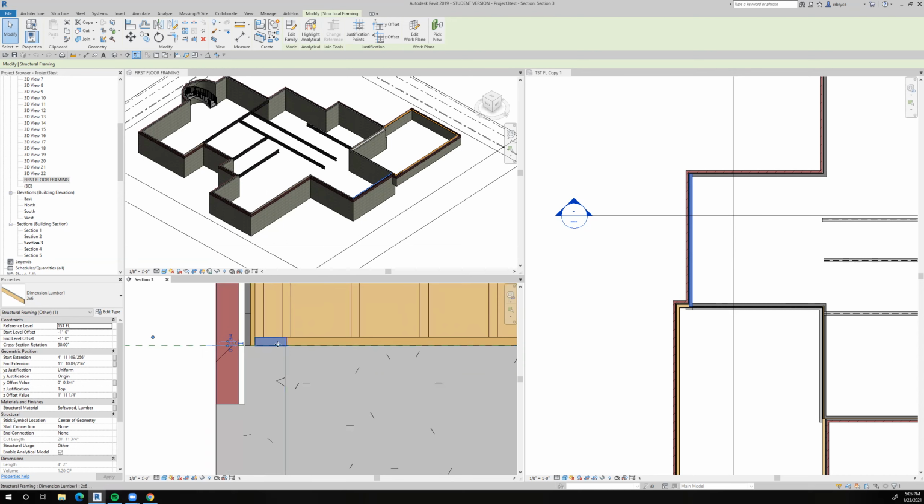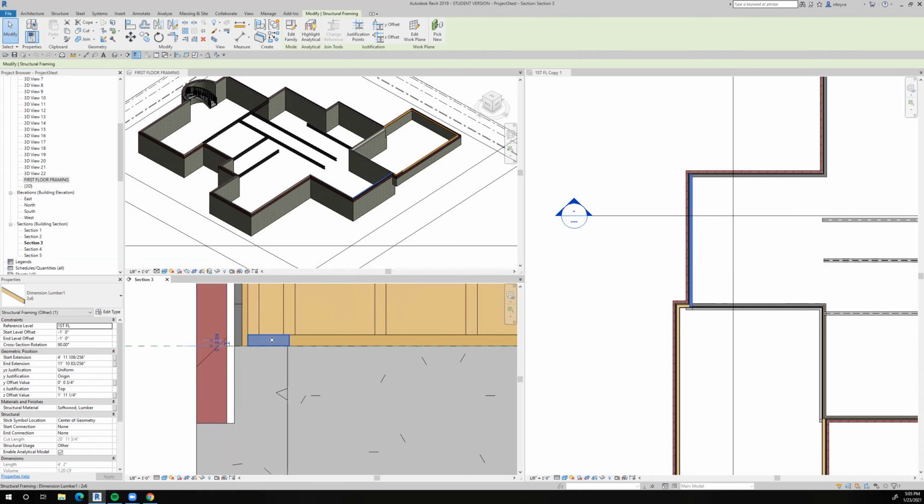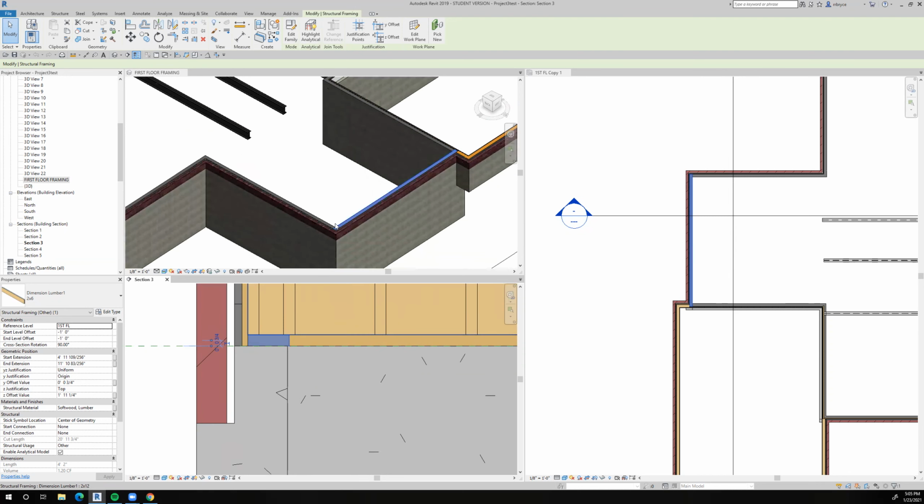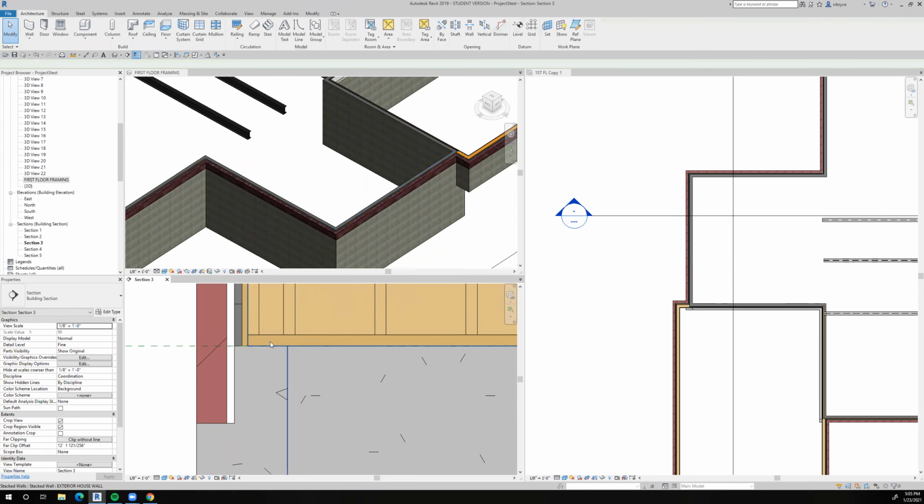So anyway, you can see that I've highlighted the 2x6 sill plate here. You can see where it sits on the top of the basement wall, and then you can see over here where it is as well. So I'm going to delete that and start from the beginning, which is what you would do. So we would go over to the structure, say we're going to draw a beam,